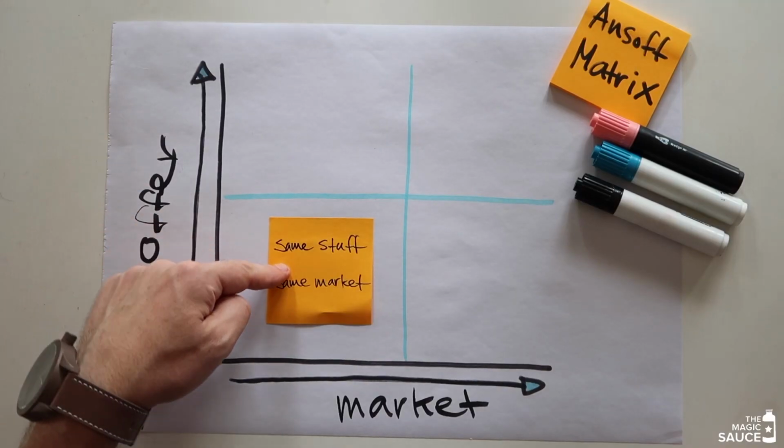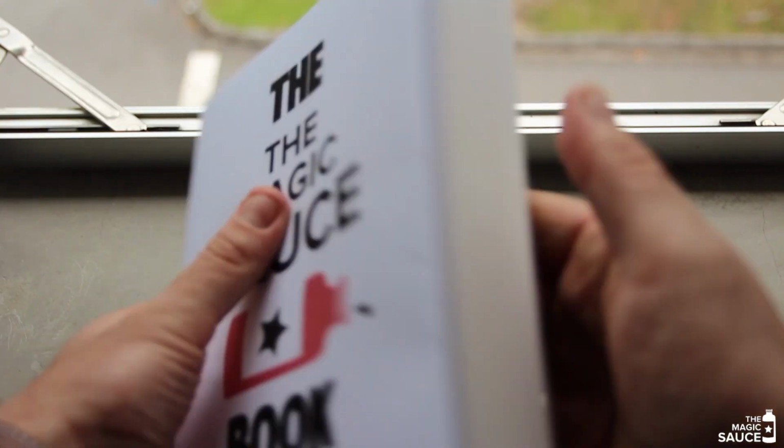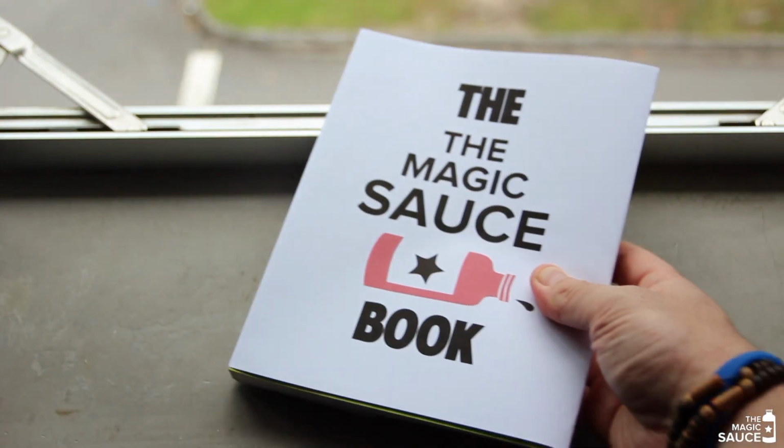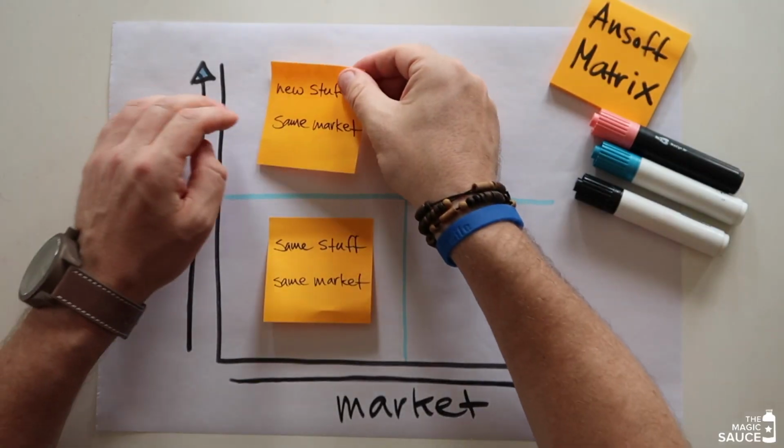We make videos about creativity and innovation for people with a creative and innovative agenda. That's the same stuff to the same market. Now let's say that I start making new stuff and I start writing books. So for the same audience, not just YouTube videos, but I make books or online courses or an app that helps you. That then is new stuff to you guys, to the same market.